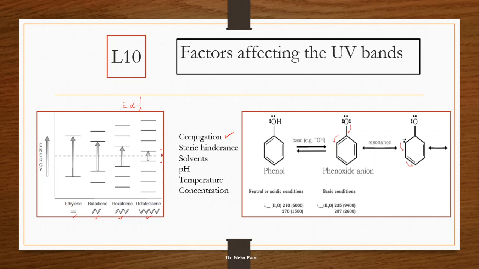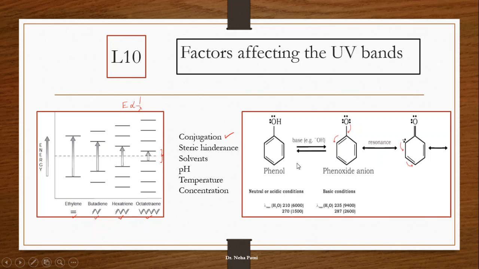Similarly, solvent does play a very important role. If it is a polar solvent, then it is going to affect the n to pi star transition. And if it is a non-polar solvent, then also you have to see whether there is a possibility of hydrogen bonding or not, etc. Similarly, when you go with the pH of the solution,